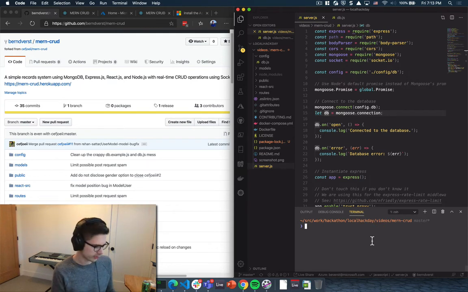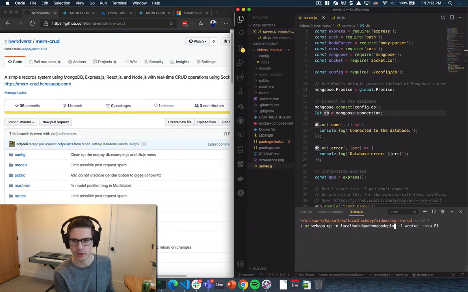And from this level, I can just type az webapp up -n for name. I'll call it local hack day demo app deploy. And then I'll type -l for the location where I'm deploying this. Azure has multiple locations for data center regions. I'll deploy this one to West US. Now, importantly, you want to type --sku for the stock keeping unit, F1. That is the free tier. So that's what we want to specify. So if I run this,